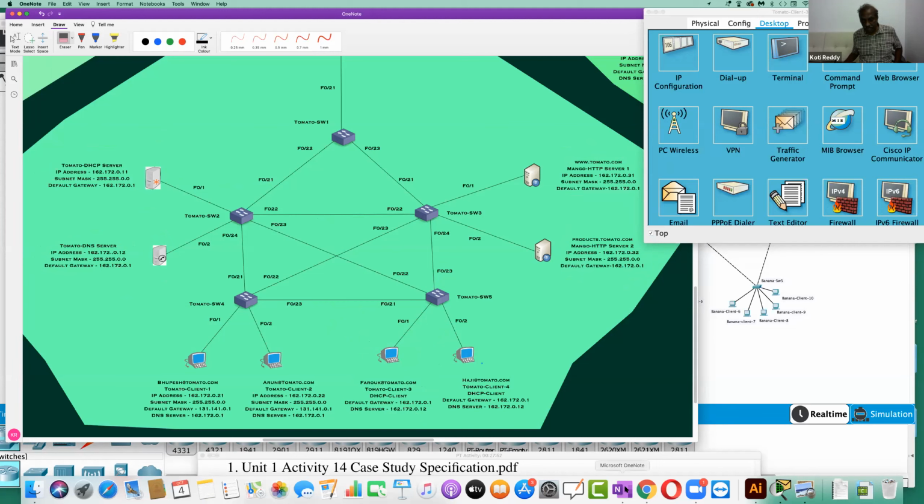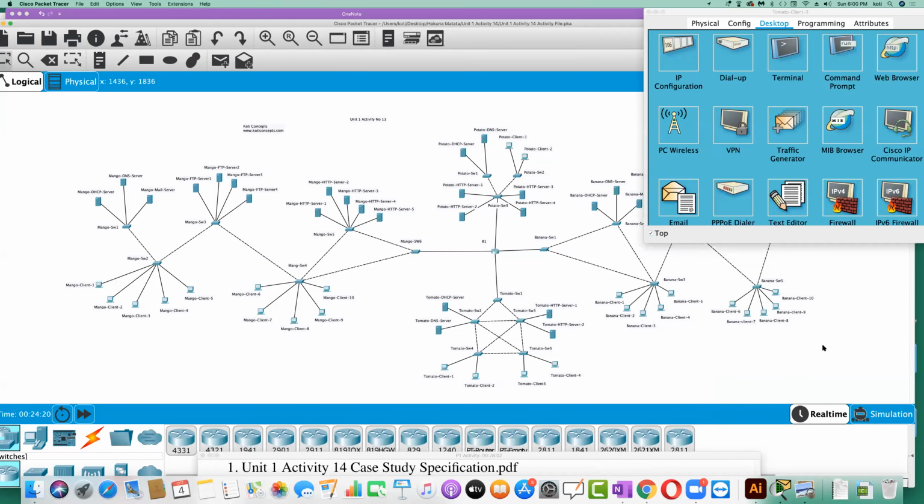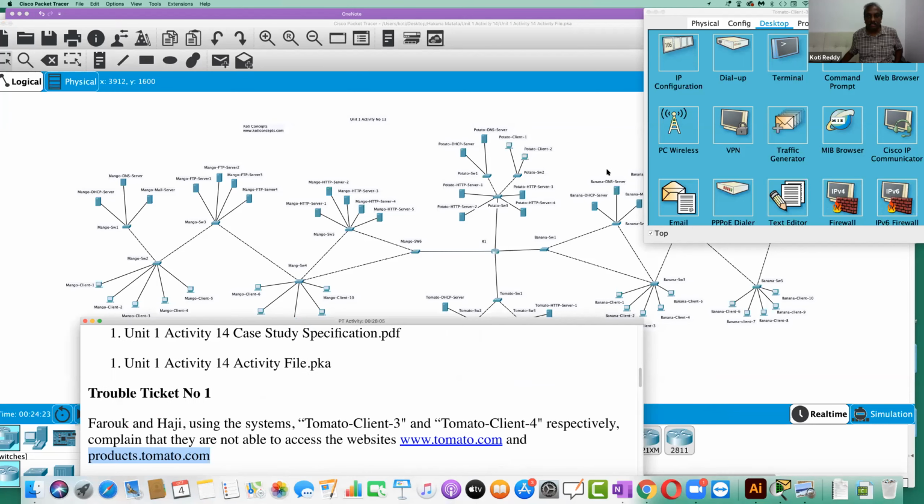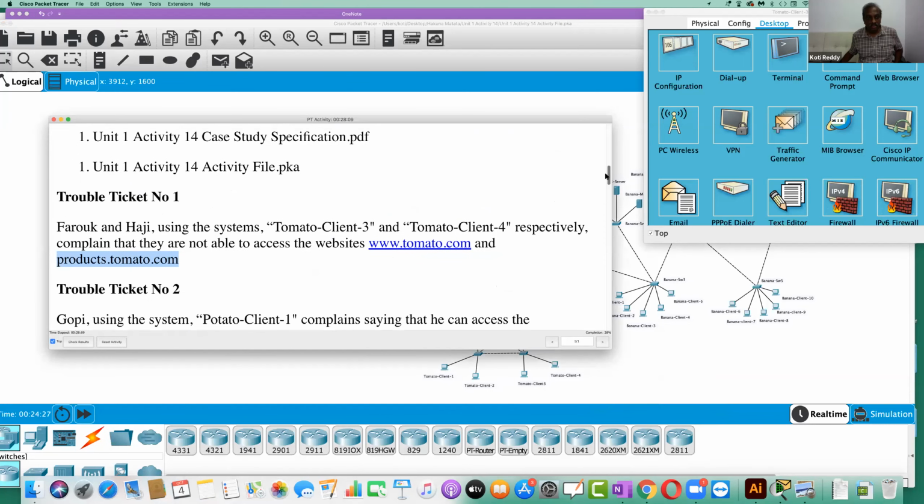So we have done our first troubleshooting ticket, where we are asking the system to do things, right? Sir, what is the configuration for the switch in this? Switch, I did not do anything at all. There's no VLANs, nothing on the switch. All on VLAN 1 only, so no issue with the switch here.